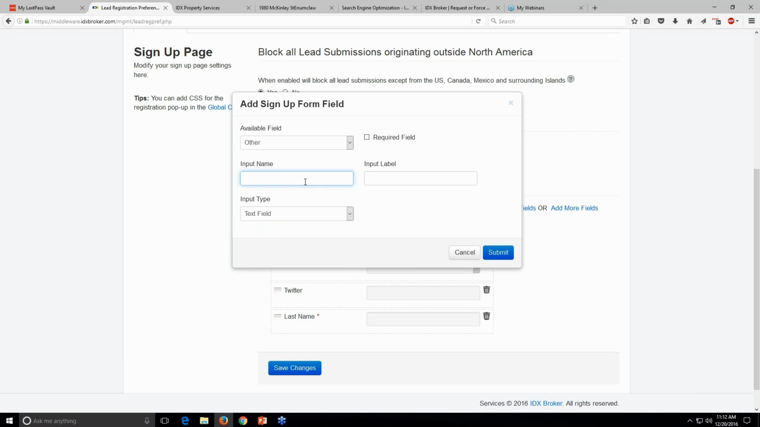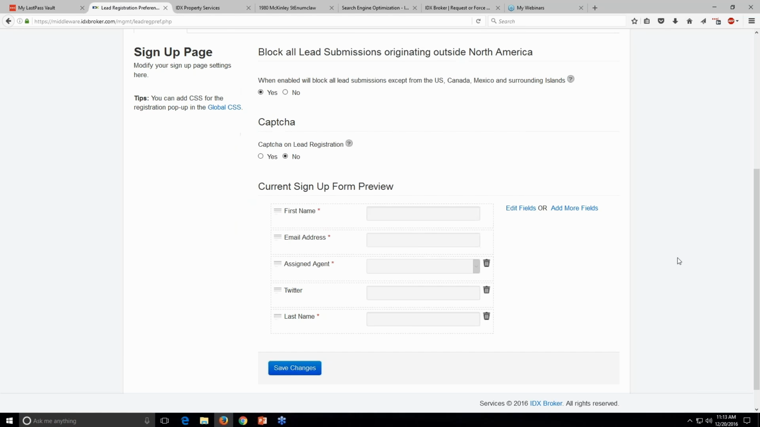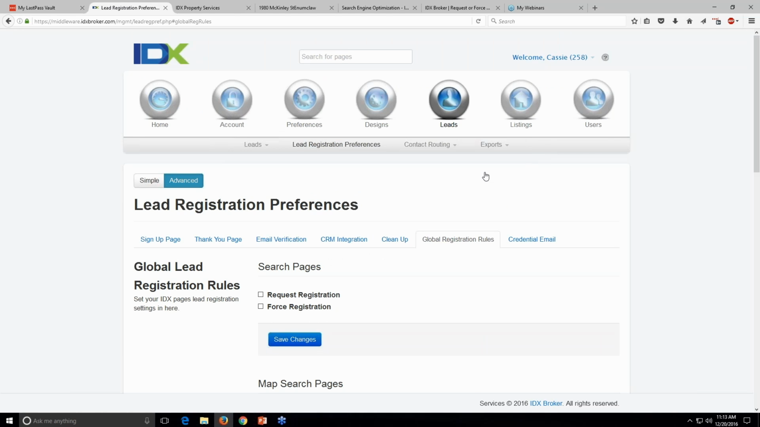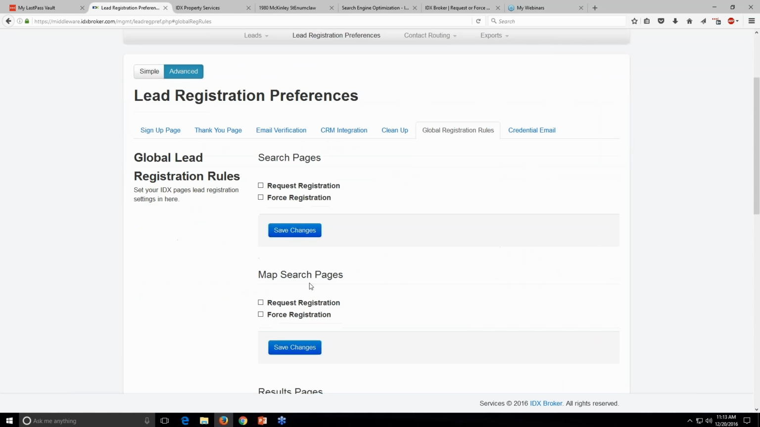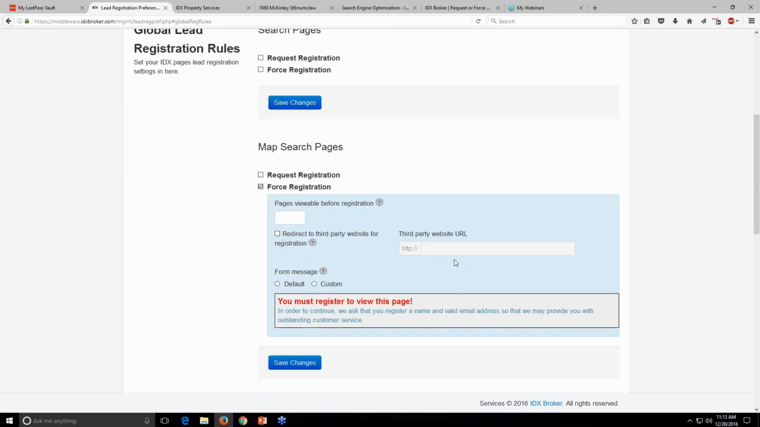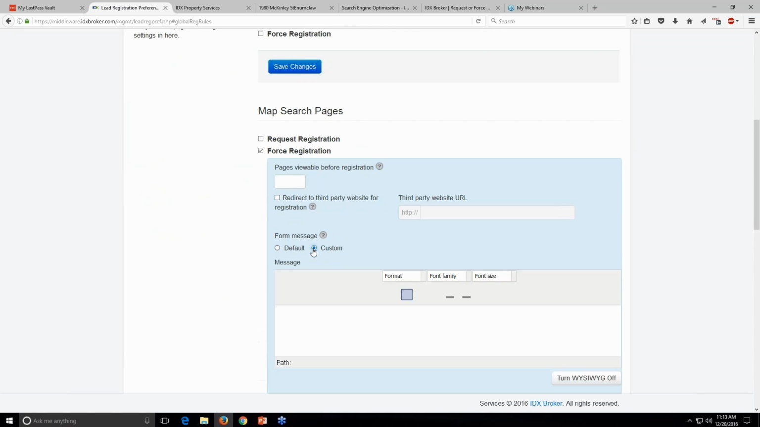Let's see, we got a question here. They would like to see the editor for the custom message for the lead registration. Okay, yeah, we can take another look at that real quick. So if we're going to do a custom message, let's say we're going to force a registration on map search pages. We basically just hit custom there, and we can say,